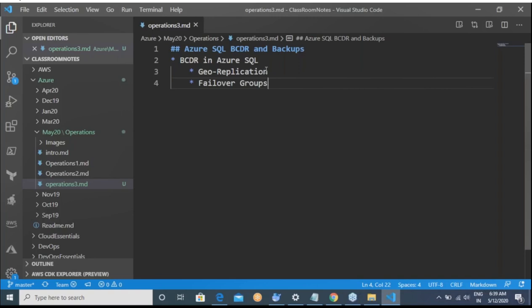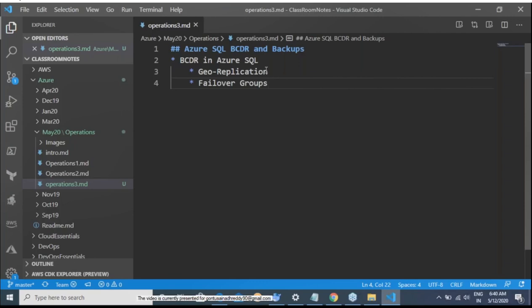The same thing goes for the Azure SQL Elastic Pool also. You will have failover groups and then you will have geo replication. So when it comes to Azure SQL, whenever you are speaking about backups, the way is different.